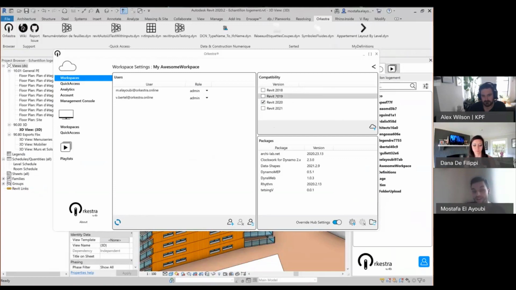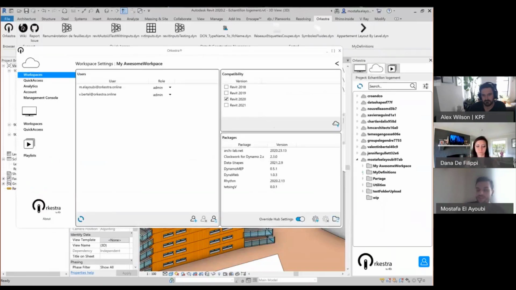And another very, very powerful thing is this here. So the packages. And when you associate a set of packages with a workspace, well, that means that when someone plays a definition through the cloud part of Orchestra, they are going to have them played with the right set of packages. Every run is performed with the right set of packages, and I think that's what even got Orchestra to be started. That was the first